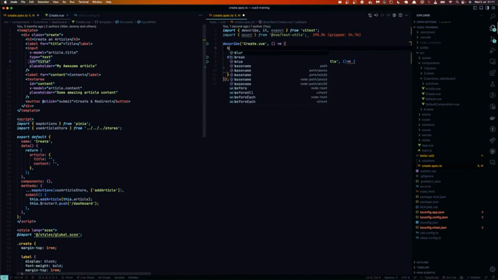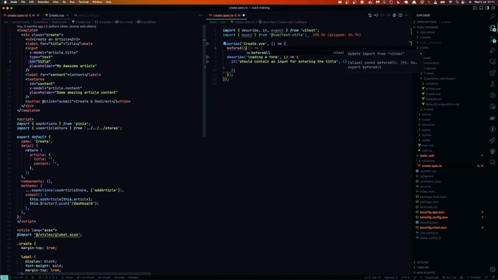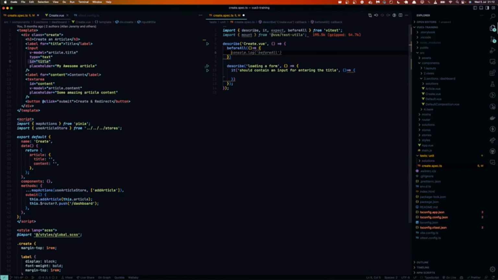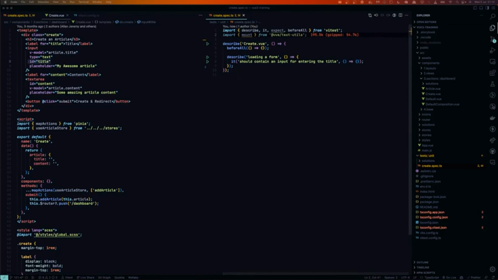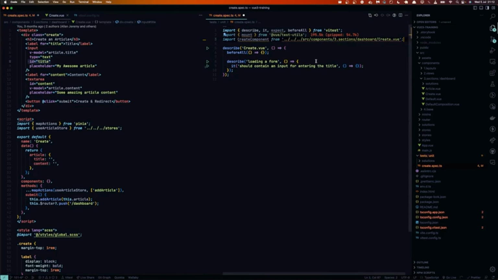So we will get our beforeAll, and IntelliSense is suggesting that we import it from vitest. Then this is a lifecycle method. We'll have an arrow function inside this, and inside this beforeAll arrow function is where we want to mount our component, which is this create.vue. So we'll need to import the create.vue, and this is going to be the imports. And right now we have an error because we have not yet used it. So this beforeAll, we actually want to have it within loading a form,